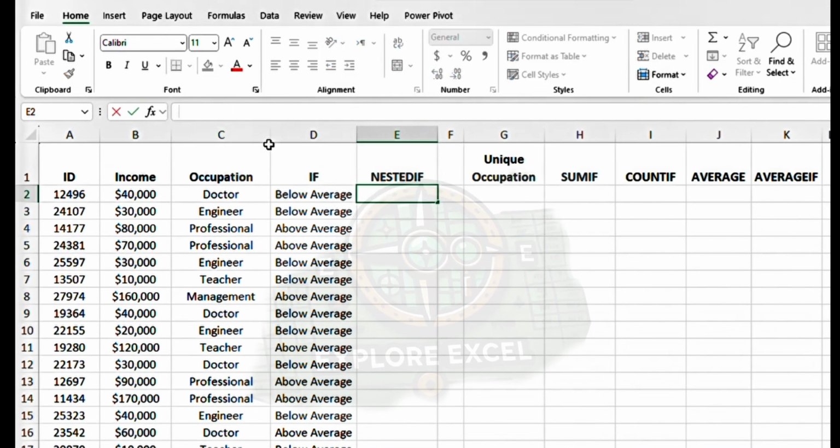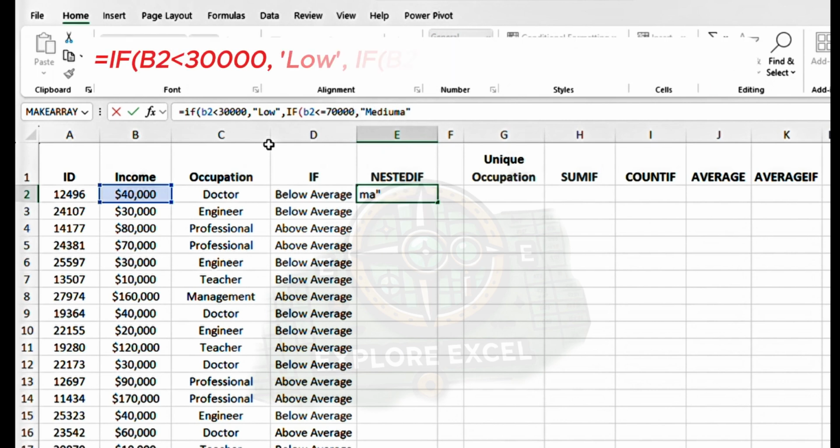Next, nested IFs take it further by letting you categorize data into more than 2 groups. By combining multiple IF functions, you can create detailed classifications. For instance, to divide incomes into 3 levels: low for under $30,000, medium for $30,000 to $70,000, and high for over $70,000, we'd write